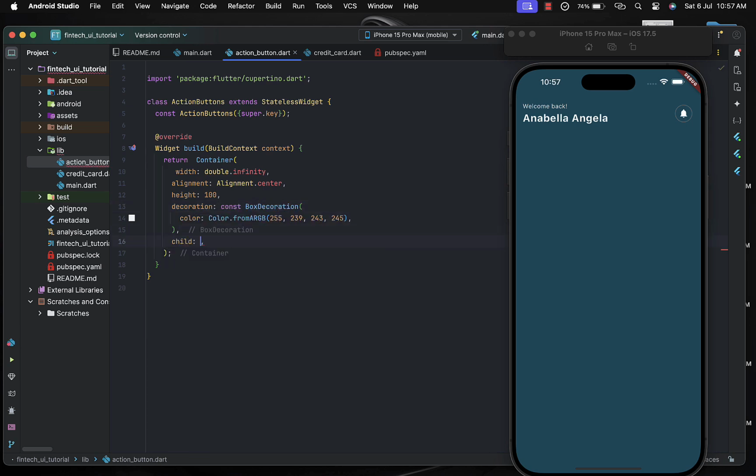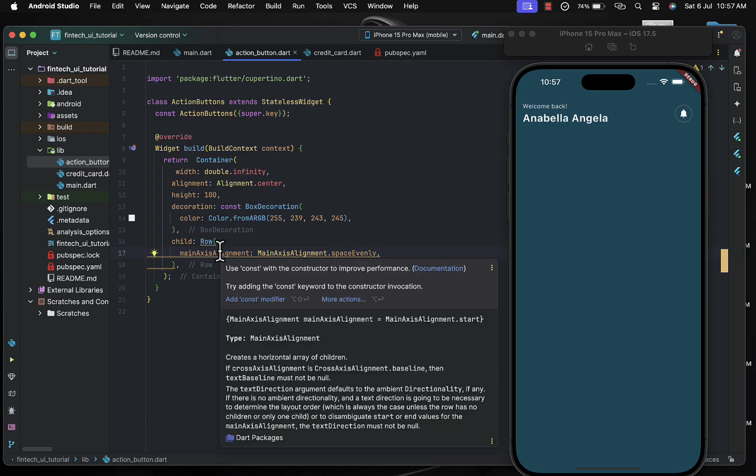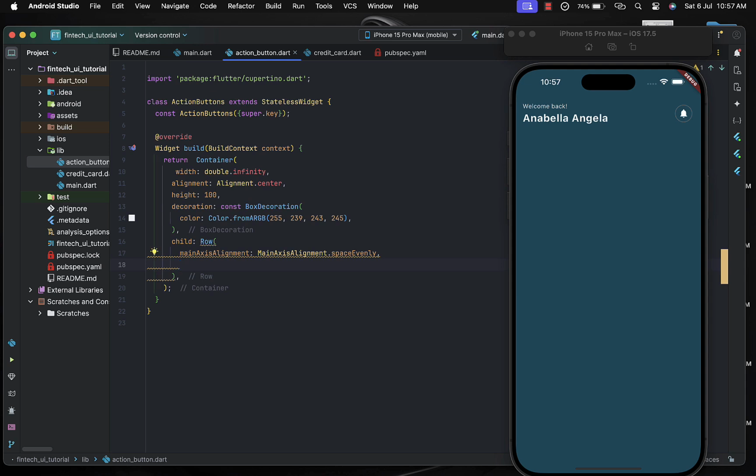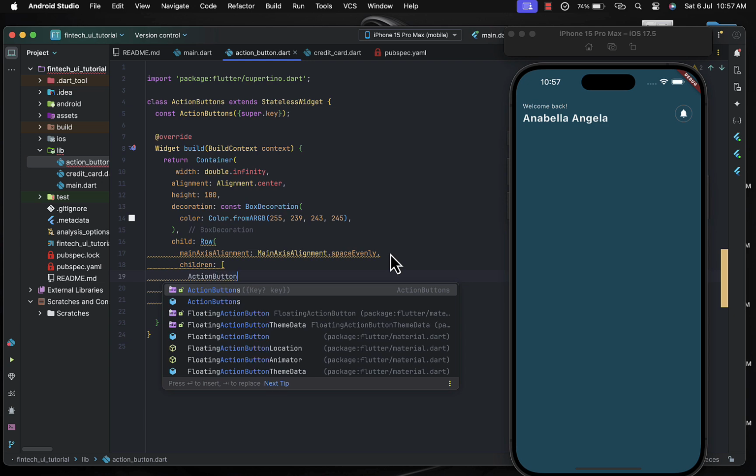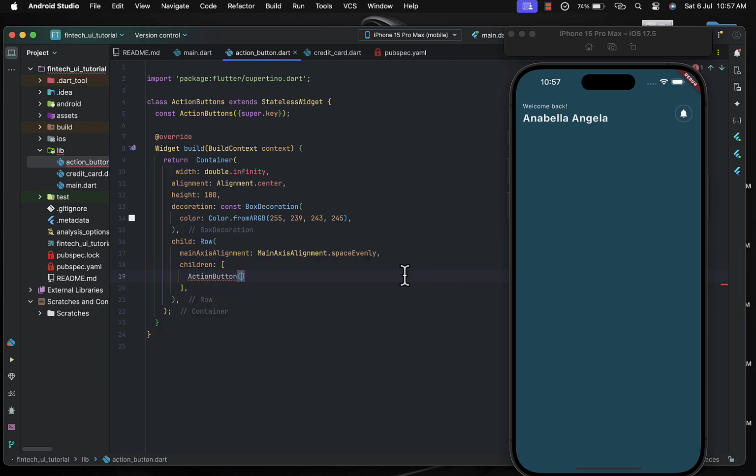Yeah, so the child of this container is going to return a row where you specify our action buttons over here, right? The main axis alignment of this row is going to be spaced evenly, right? We want the space to be distributed evenly. So within the children over here, you're going to specify the action buttons over here, right? That's the custom widget that has the icon and also the text, right? So I'll be creating these action buttons